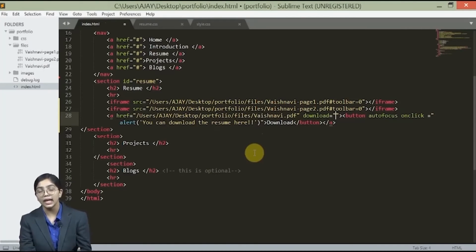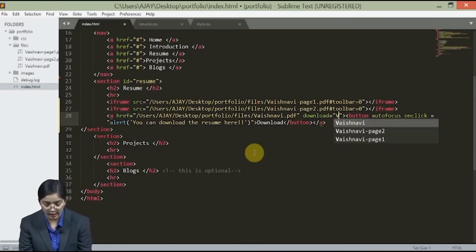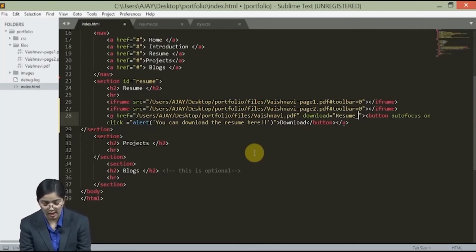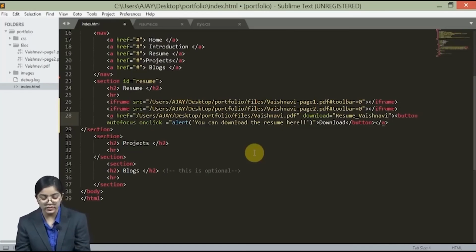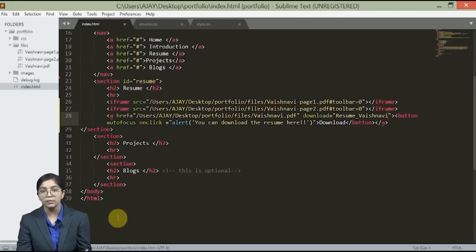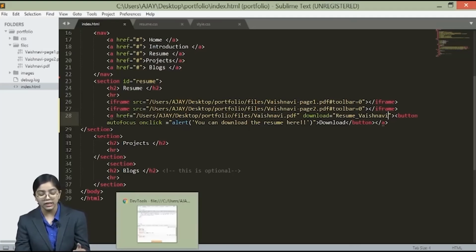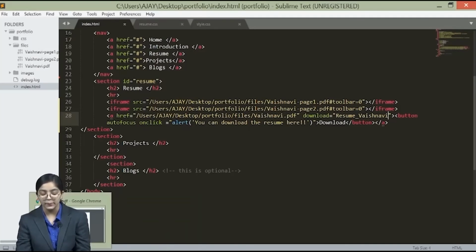Here we can decide if this particular file is downloadable. We can decide the file name when the person downloads that in his system. So I want to give it as resume and my name, so that it is easy for the person to remember whose resume this is, right? So just have a long-term thinking whenever you are creating something.